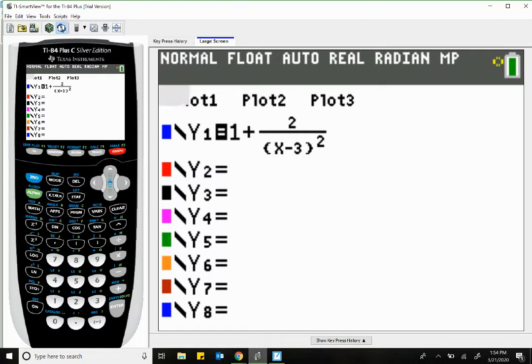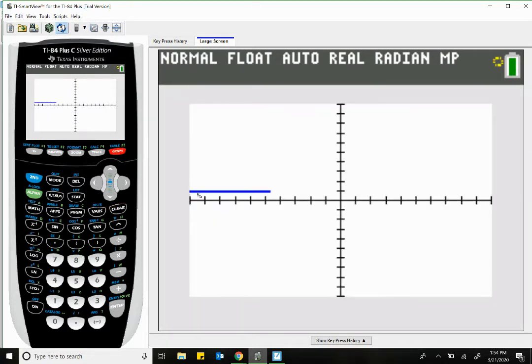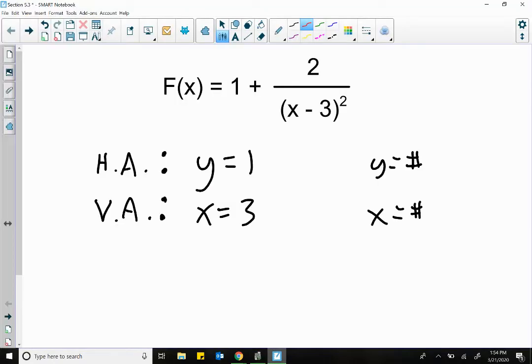So as I'm running along this graph, as it's kind of making itself, my graph exists all along this blue line, except when we get to right here. So the vertical asymptote is telling you that this is the bad number for your domain. So since we know that our vertical asymptote is x equals 3, we know that the domain then is all numbers